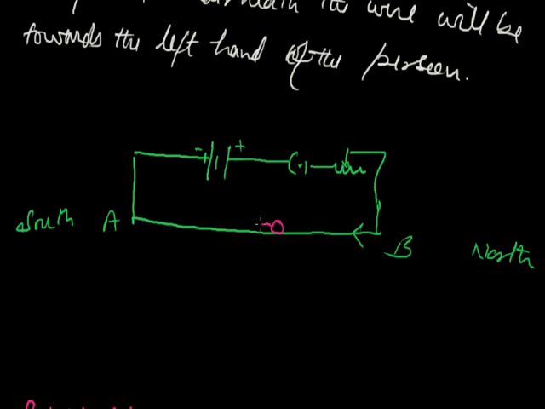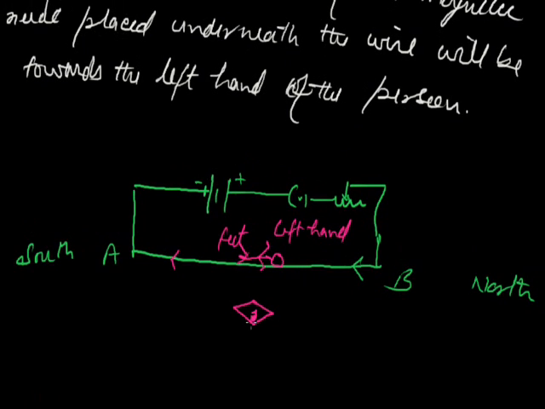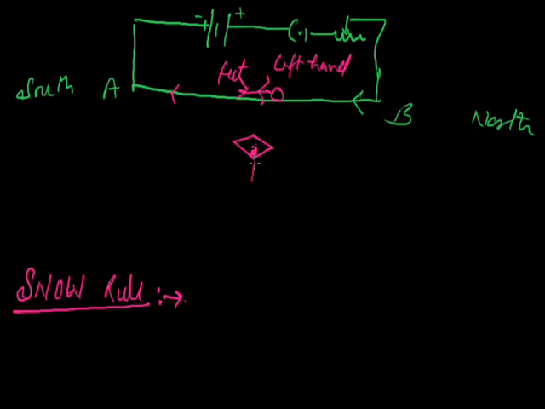This one is the person, this is the left hand, feet, here is the left hand. Current is flowing in this direction. A needle is placed here. This is the north pole. Now here we have changed the direction of current, that is from north to south. Now the deflection must be towards the right hand of the swimmer. The north pole of this one will deflect towards the right hand. In this way,